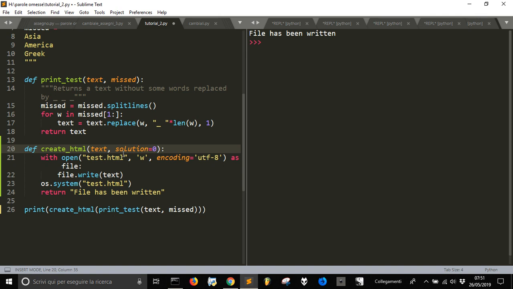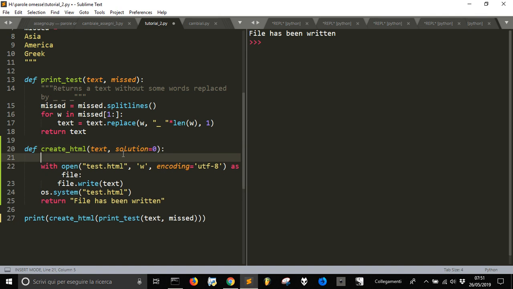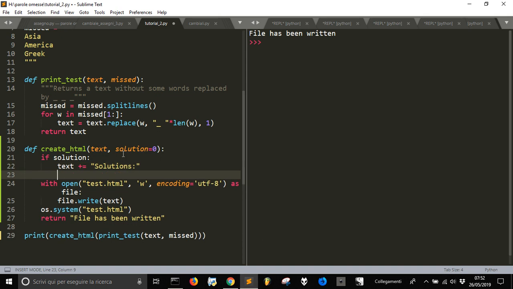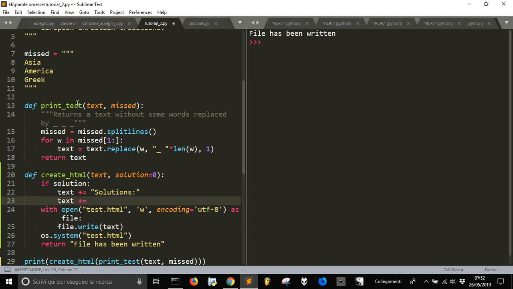With solution equal 0, you won't print the solution. Instead, if solution is equal 1, we are going to add to the text plus equal solutions, and then text plus equal the solution, just this method,